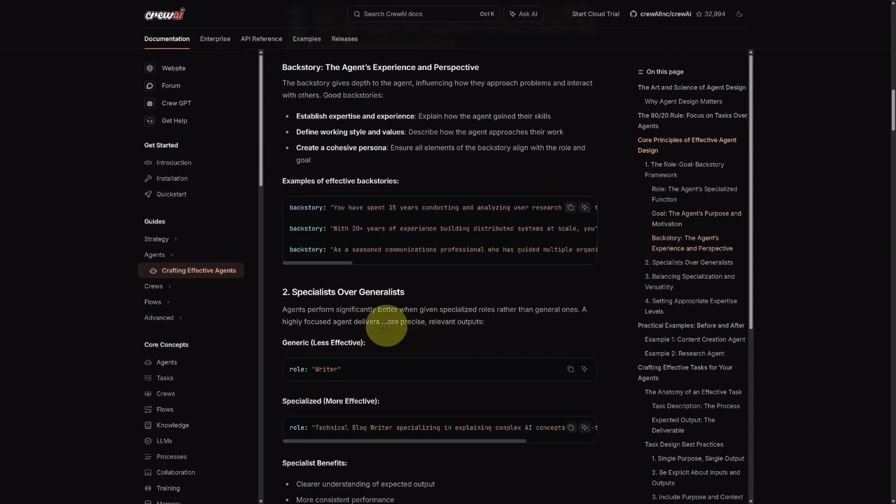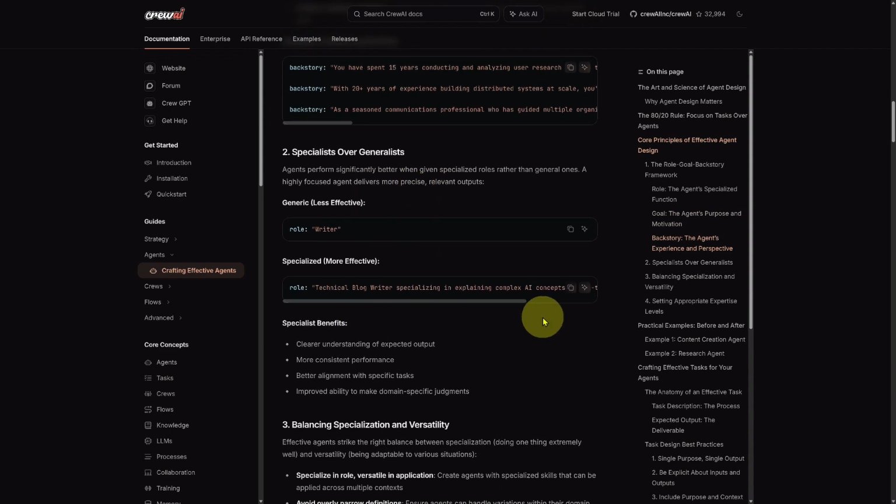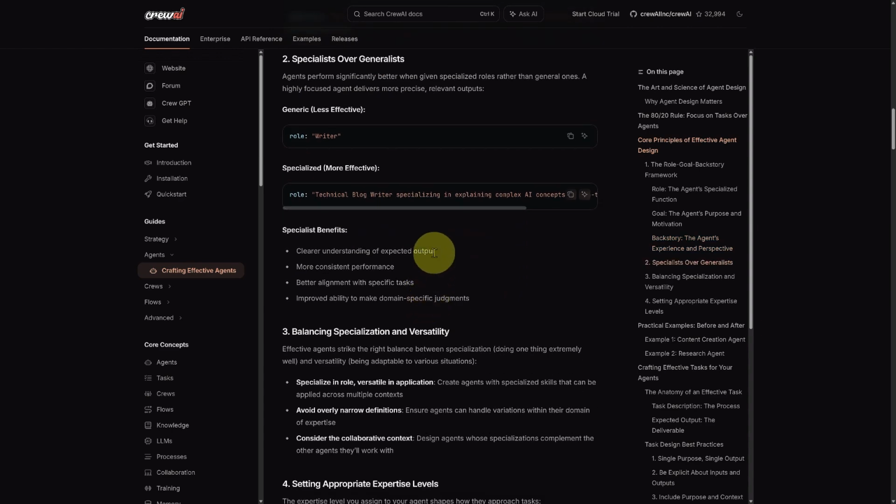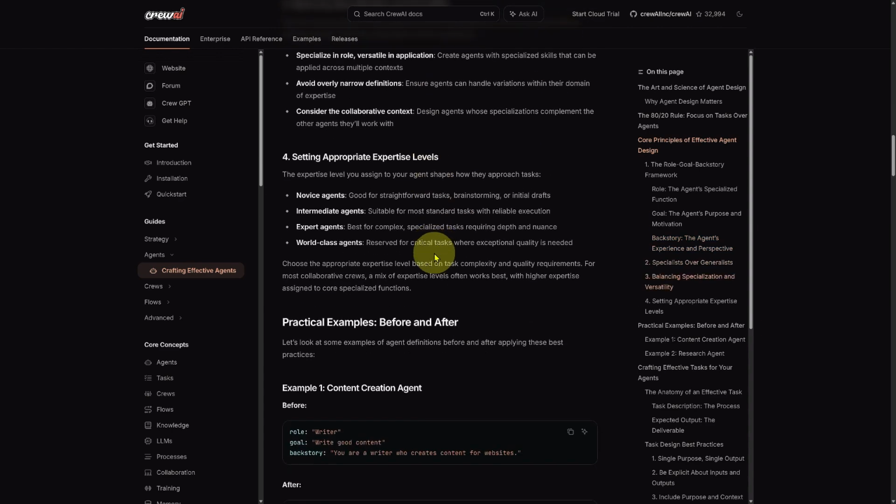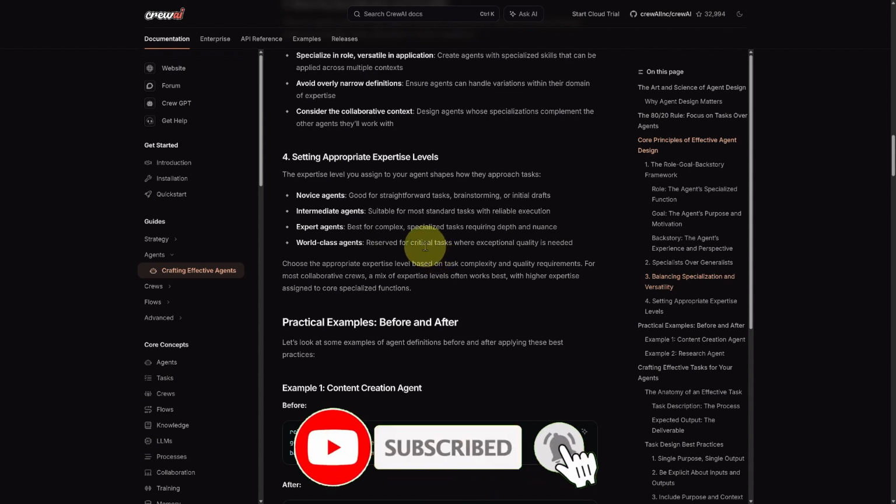And once you do, you can see we have a specialist over a generalist, so you can use the best top-notch commands and backend scripting. So once you do, it is going to be crafting you amazing agents. So of course all of it is going to be AI based, providing you the best